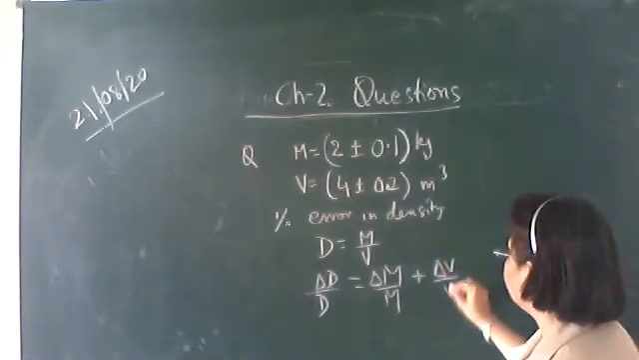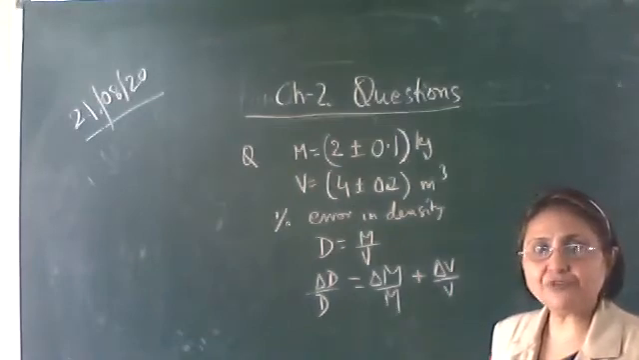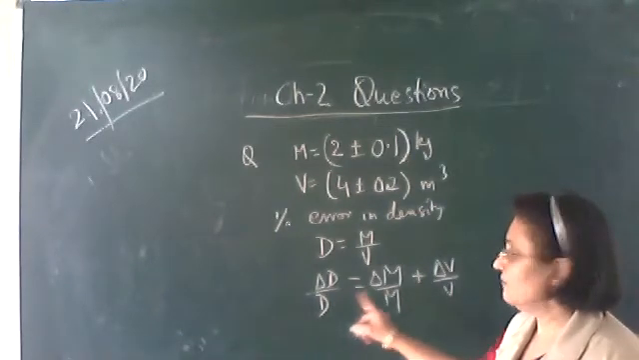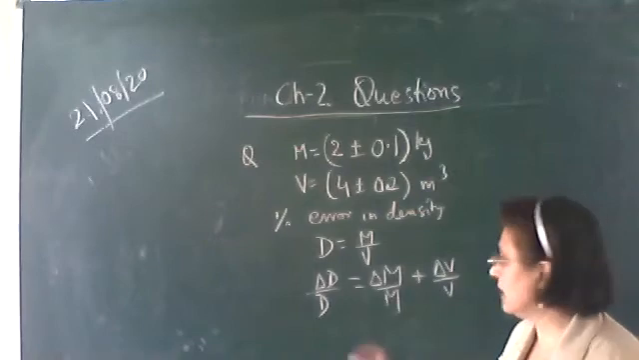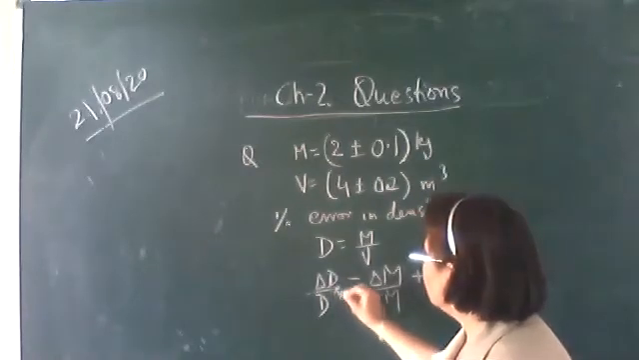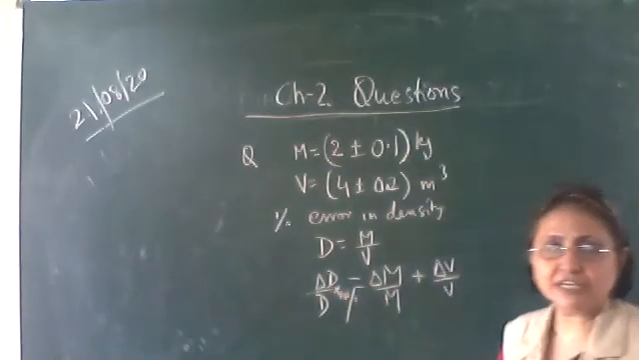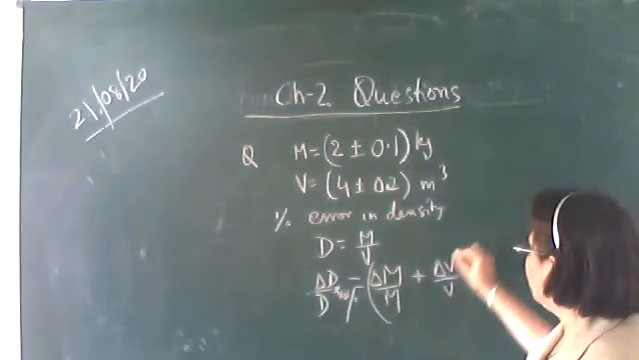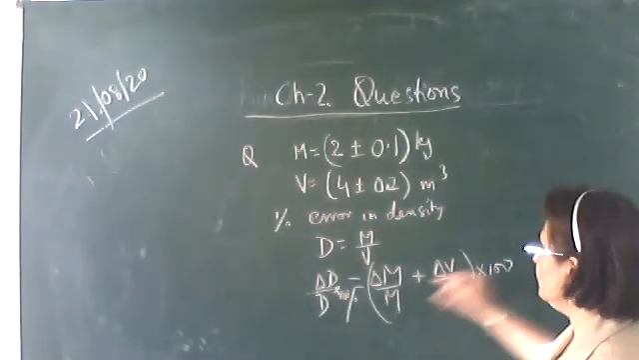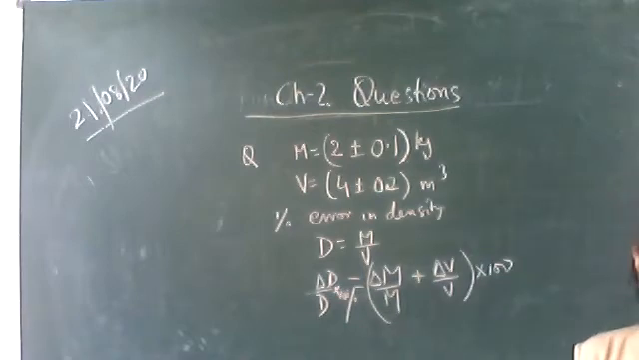So delta V upon V. Now as you have to find out the percentage error, we multiply both sides by 100. Multiplying both sides by 100, we get the percentage error in the density. Okay, now in such questions,